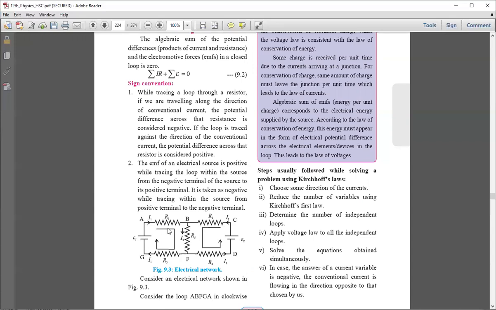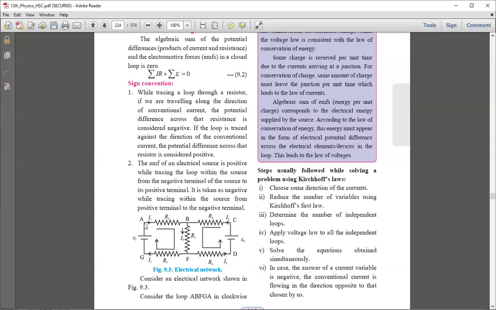So three branches. How many loops are here? Three loops. So how do you name a loop? You can start from, for example, here at A, and move from A to B, B to F, F to G, G to A. So the loop's name should start from that point and end on that point. So the loop one name is ABFGA, or you can also name it AGFBA. Clockwise or anti-clockwise, it depends upon you.